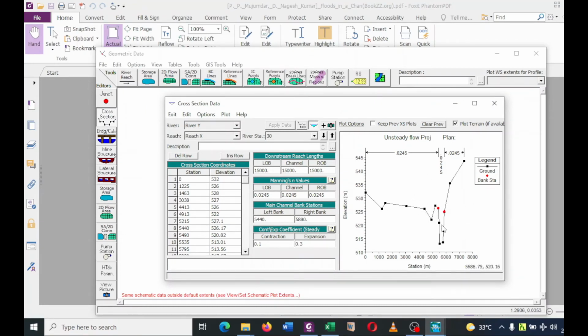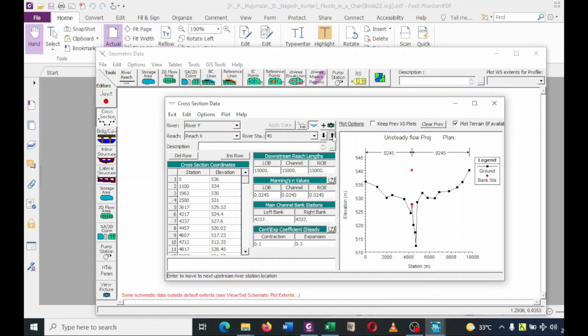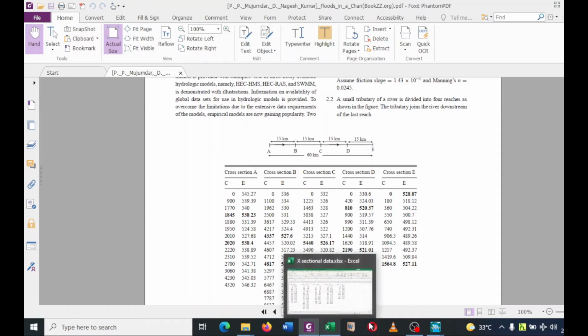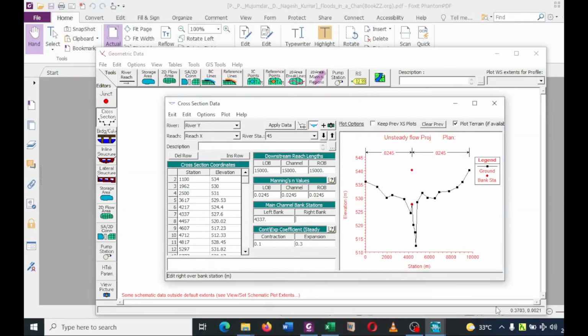For station 30, it will look like this one. For 45, it will look like this one. Here, if you see, this is an error and this point is not that one, so we need to correct that one. Here for 45, it should be 337 and 4817. So enter 4817, copy,